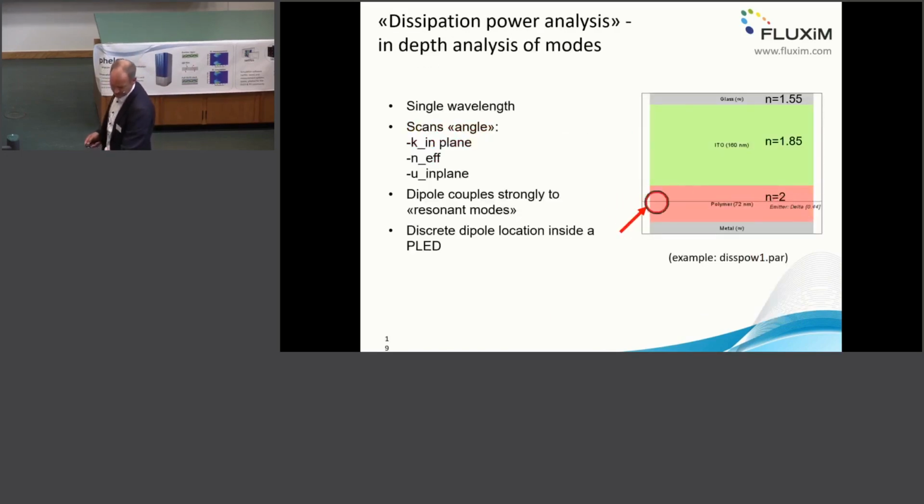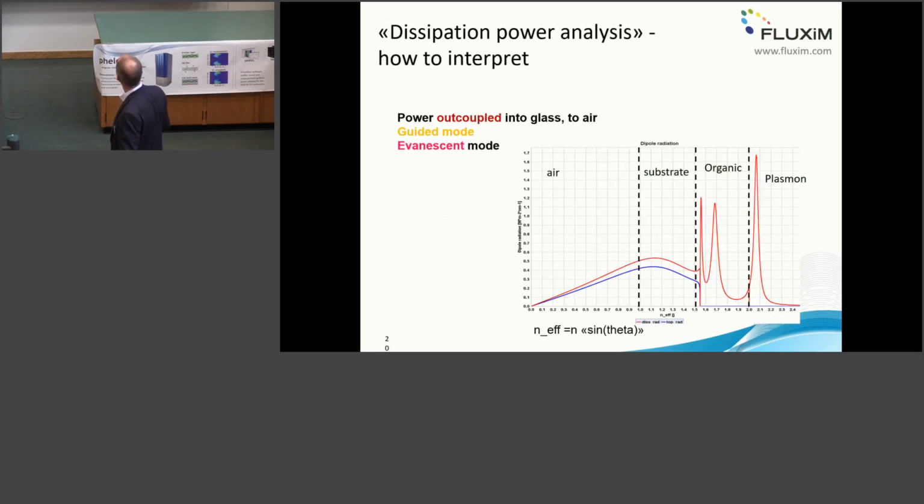And in this example, the dipole was assumed to be in the polymer layer at position 44% away from this upper interface. And we have metal, semi-infinite metal, semi-infinite glass. So with this calculation, we calculate how much light is emitted into the thick glass substrate and a finite thickness of the ITO electrode. That's a very simple OLED structure. And then we see,